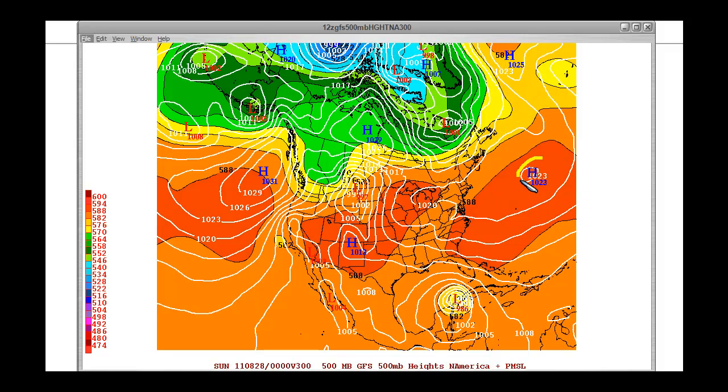As you can see, this is the high pressure system located here, and that would open the door for there to be a weakness in the central Gulf of Mexico for this storm to actually feel that weakness and be drawn further to the north. So that's definitely a dangerous pattern that's setting up, and I've been talking about this for the last few videos that I've been doing. So everyone here in the Gulf Coast states needs to stay tuned and definitely keep an